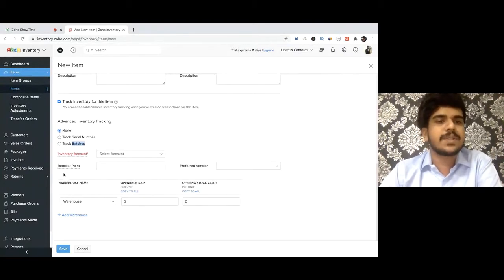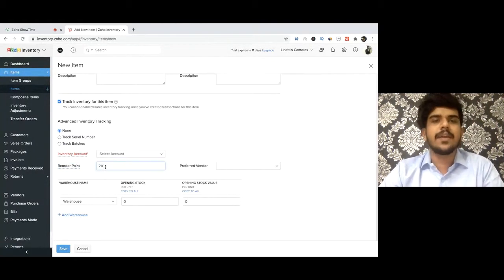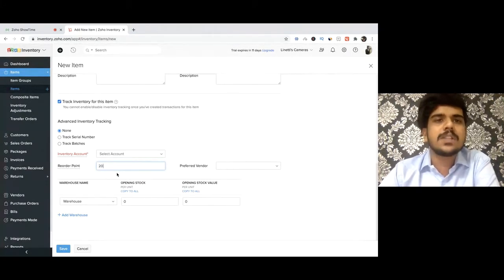One of the key features in Zoho Inventory is the ability to maintain reorder points for the items that you are creating within the application. So whenever you are creating a product, if, for example, you're entering the reorder point as 20, and the stock reaches this level or falls below this level, Zoho Inventory has the ability to remind you that this particular item is low on stock and you need to restock or purchase this item. Through its intelligence, it will keep monitoring your stock, and once it reaches the reorder point or falls below it, Zoho Inventory will send out a warning to you saying that this particular item is low on stock.